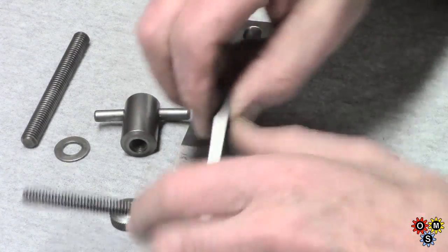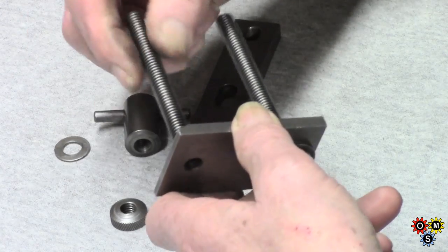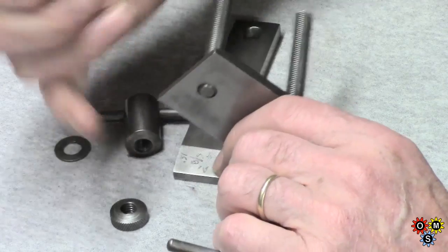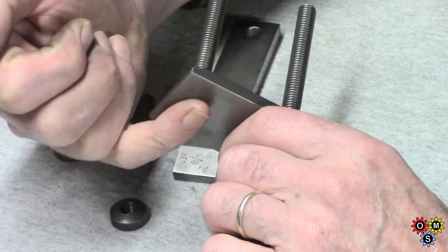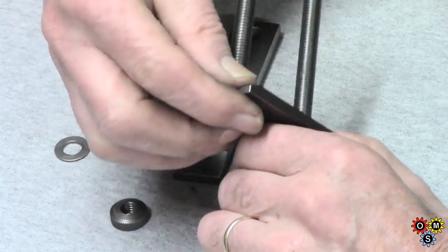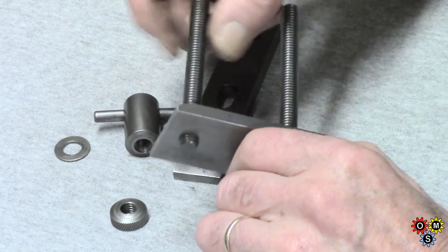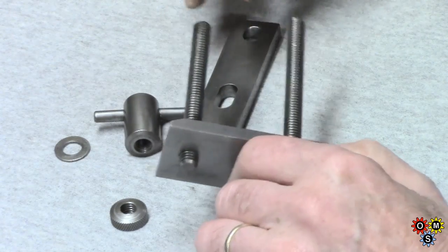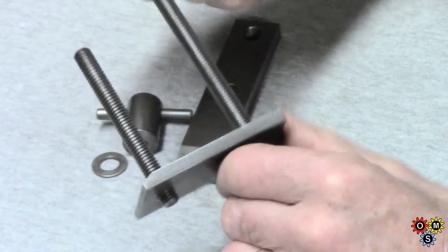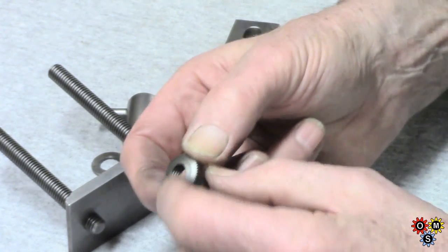And then the front takes the short thread, which can be kept just flush with the base plate so that you can actually slide it either side of the slot in the table. Otherwise it can go through, doesn't really matter. And then on this longer rear thread we've got the height positioning button,